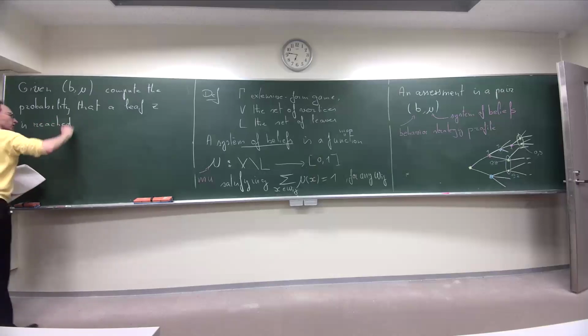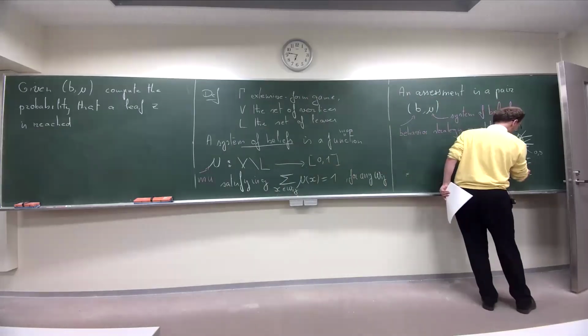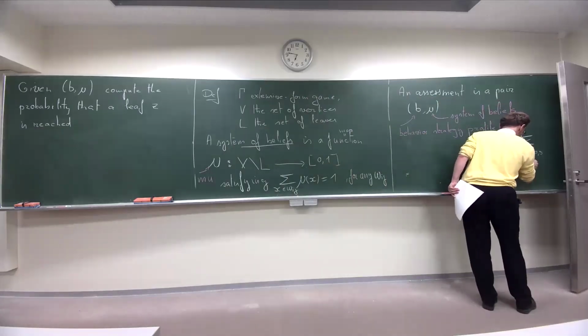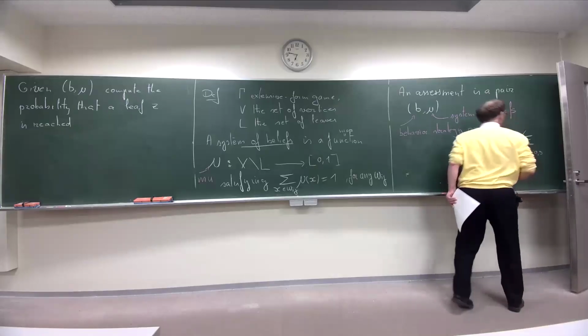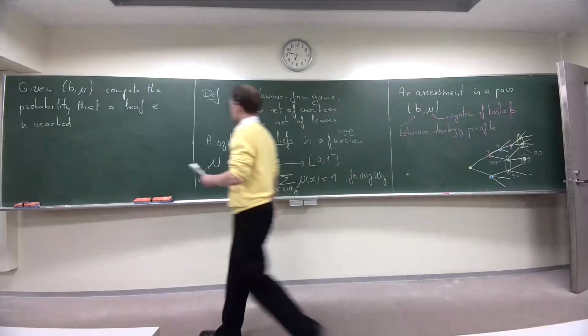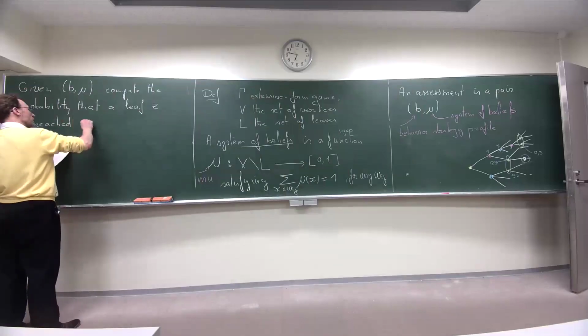So I'm going to compute the probability that we reach this leaf. So let's assume, too big, I'm going to concentrate on this leaf. So the probability that we reach this leaf conditional to